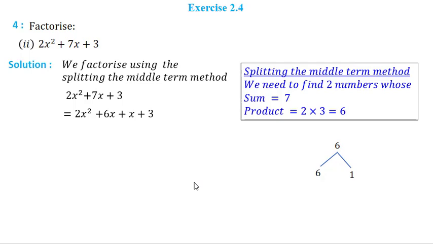Now again I will take common term from these first two terms. So 2x is common, so let us take 2x common. Now I have x remaining here after taking 2x common and 3 remaining here. Now from these two terms also I need x plus 3. I am saying that this is x plus 3, so let us take 1 common. Now x plus 3 is common from here, and x plus 3 is common from here also, so I will take x plus 3 out. 2x plus 1 is the remaining term. So after factorization, this 2x square plus 7x plus 3 gives me x plus 3 into 2x plus 1.